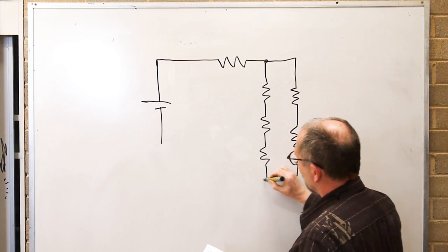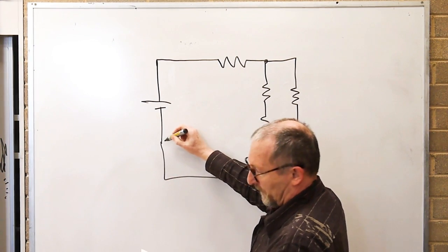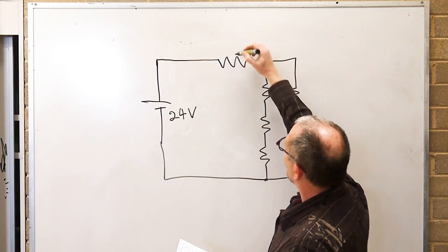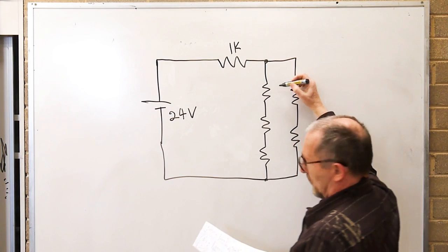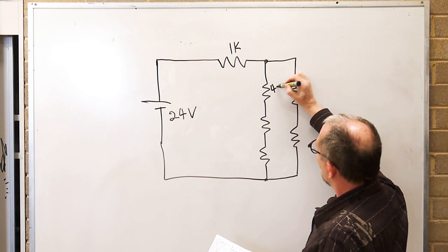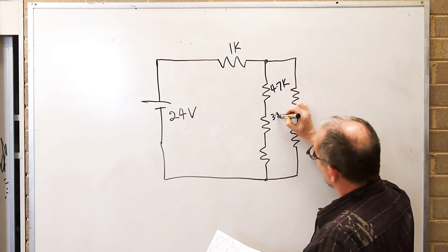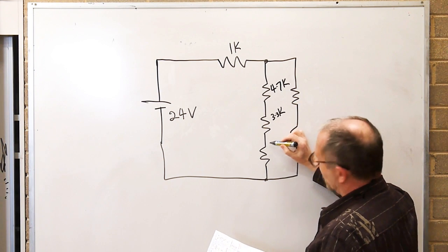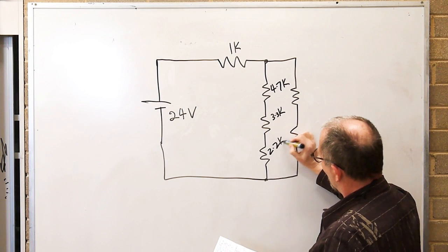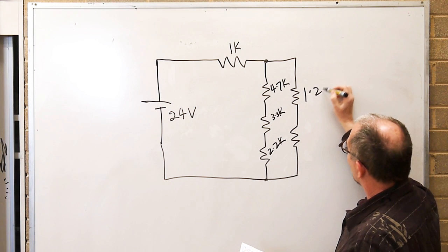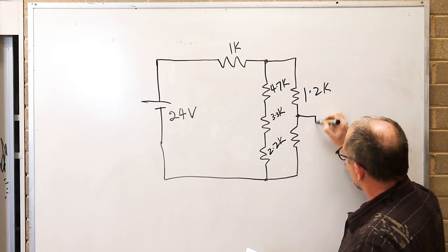Okay, first question. First question, we had 24 volts. We had 1K, 4.7K, 3.3K, 2.2K, and then we had 1.2K, and then we had a closed switch